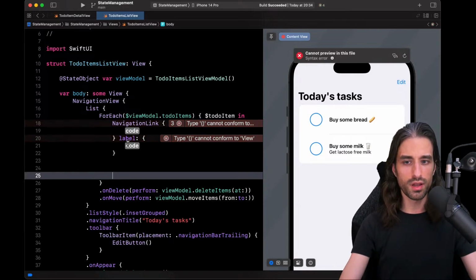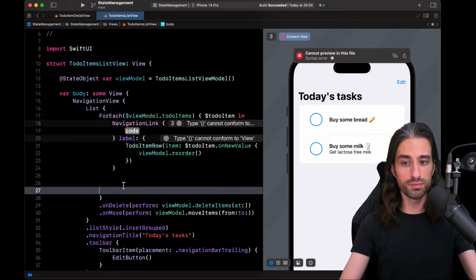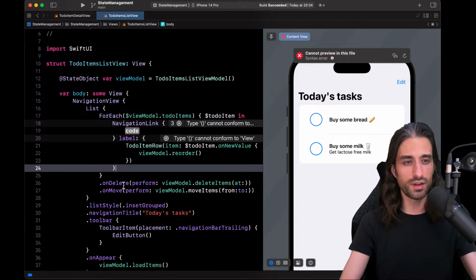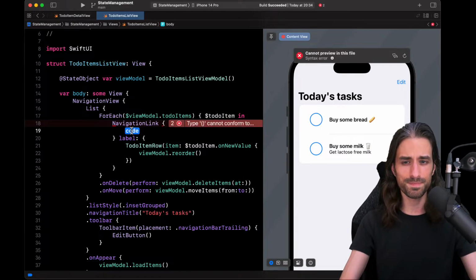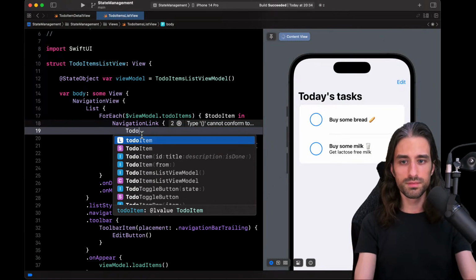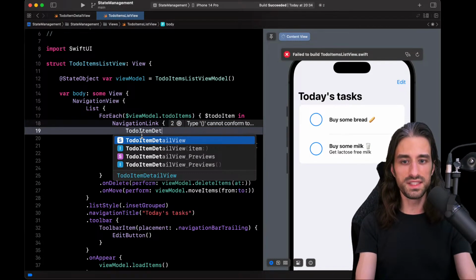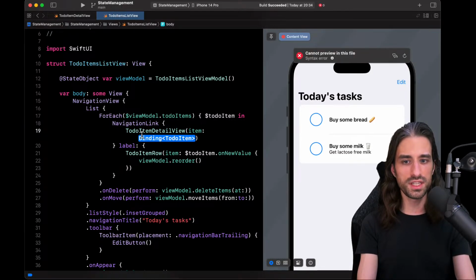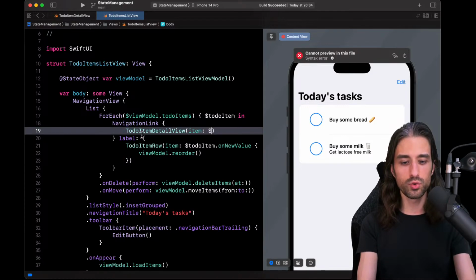It's just going to be my to-do item row, because that's just what it's going to look like, this navigation link on the screen, just like for a button, for instance. And then for the destination, it's going to be to-do item detail view, the view I just created for the detail screen, and I need to provide a binding to my to-do item.